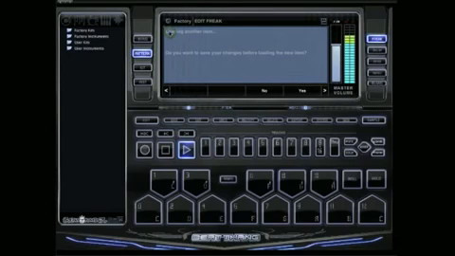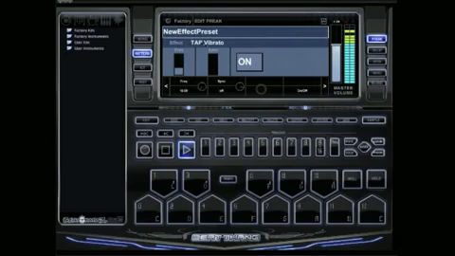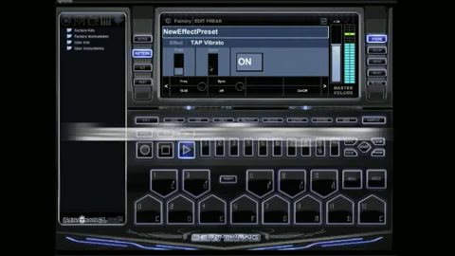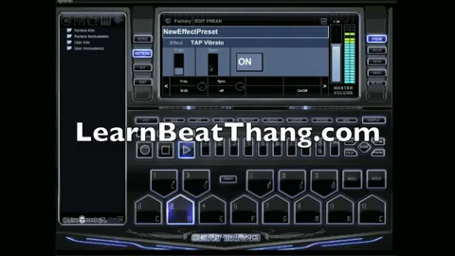Let's see. This is a new effect preset. This is one that I made to save. Just something real crazy. I think I put just a kick pattern, and I ran this through it, and then I bounced it out, and then I made an instrument out of that kick drum pattern with this effect on it. You can take a look at the other videos on learnbeatthing.com to help you make instruments and stuff like that. So,